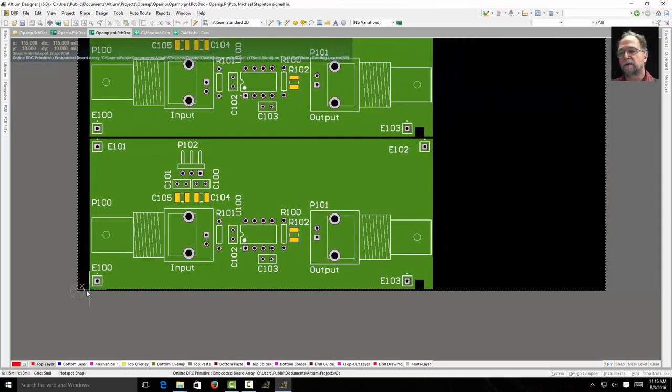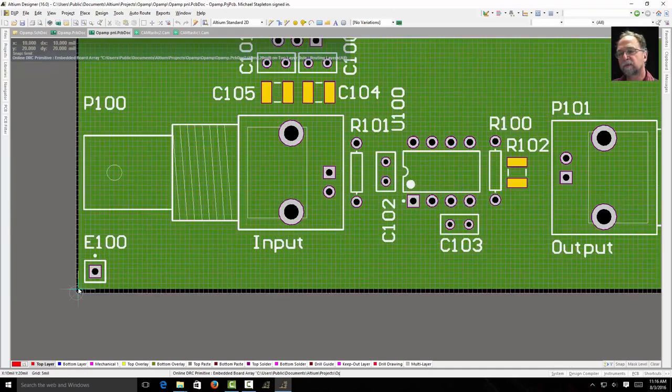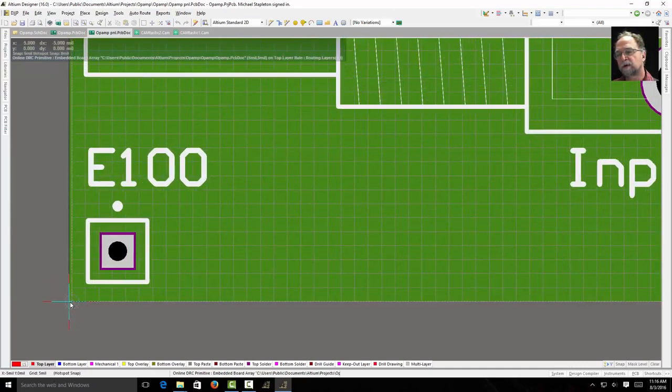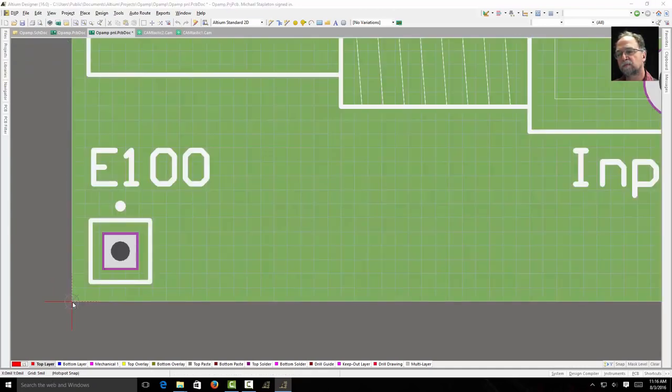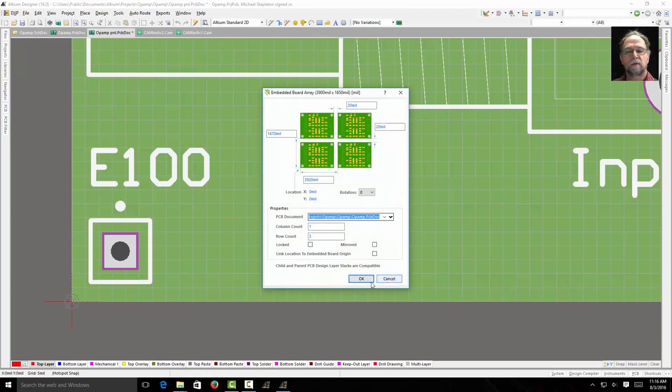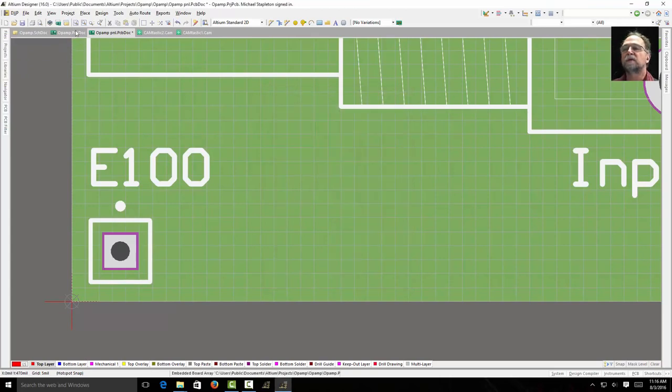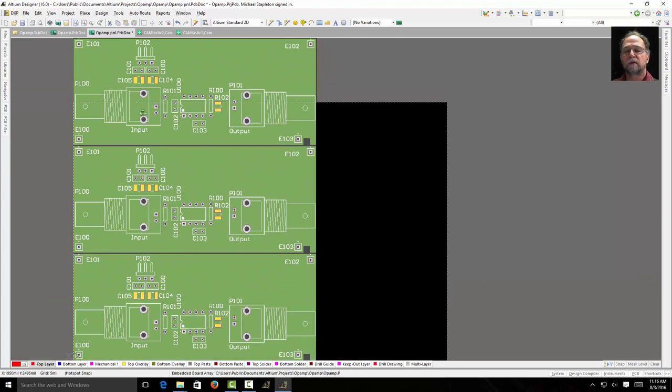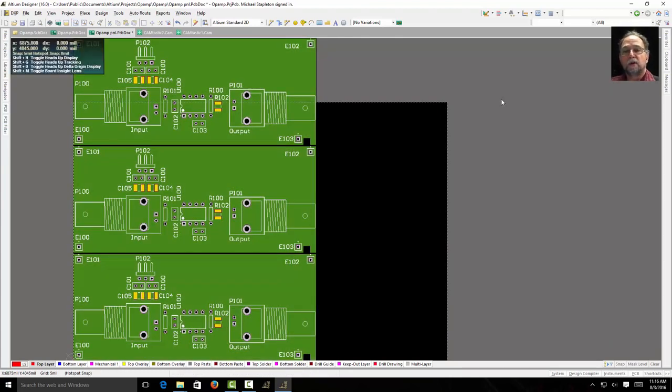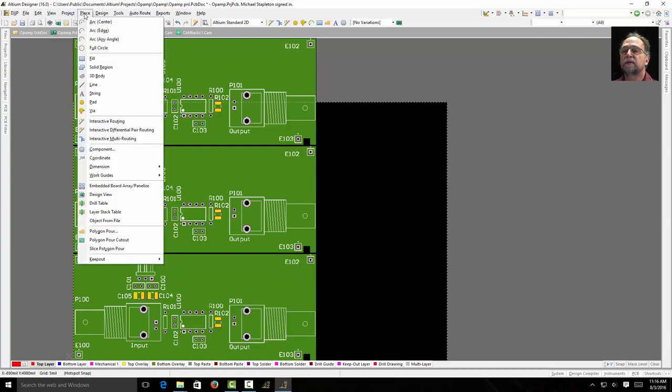Alright, so I can come right over here and place that. I can zoom it in and put it right in the corner. And say, show me what I have. Alright, so now you'll see I have 3 copies of my board on one panel. I can add another one if I want. Let's tell it to do that again. Let's tell it place,